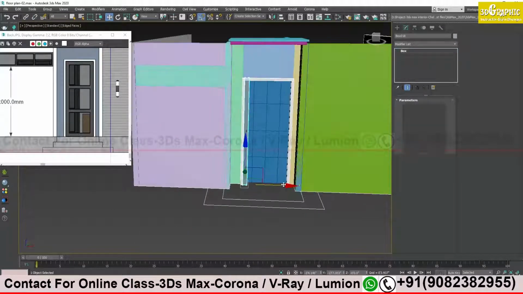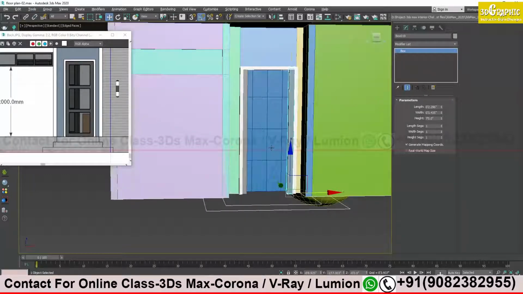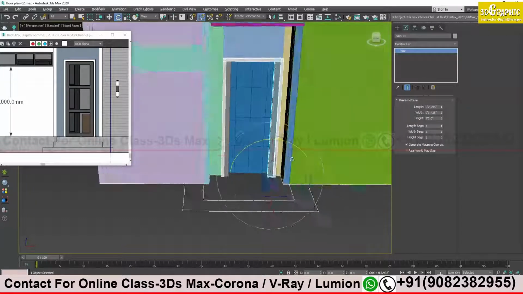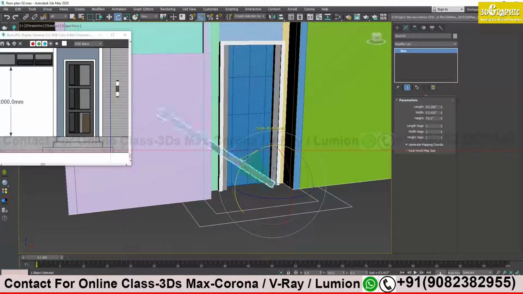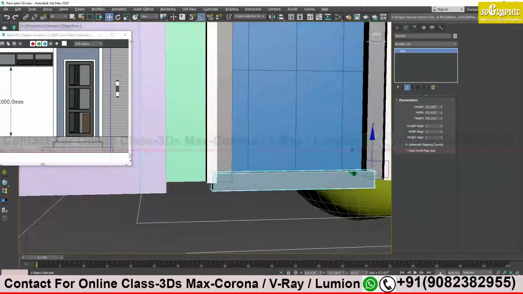And I just have to make a copy of it. Now I have to press the rotate tool with the help of shift, again 90 degrees, copy W, and then the height should be reduced. A little bit more height is needed, that is enough.